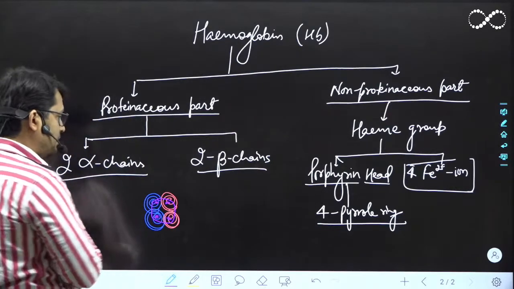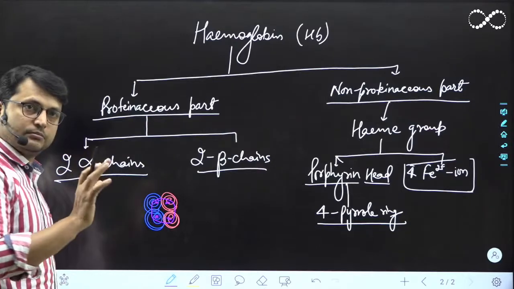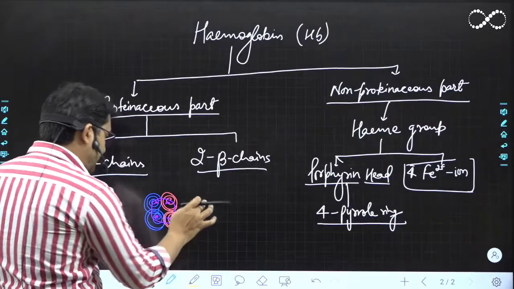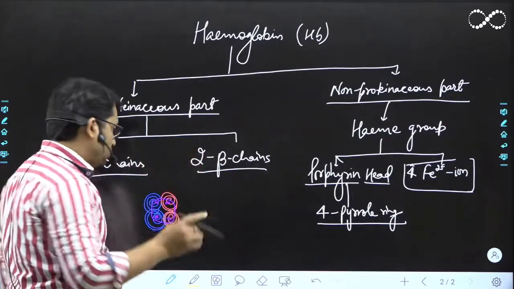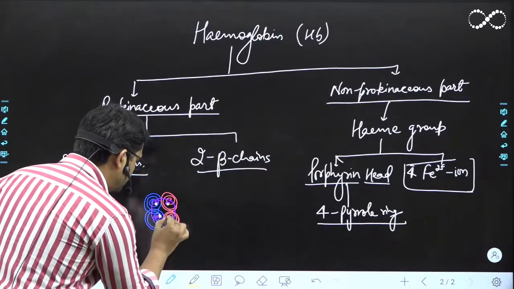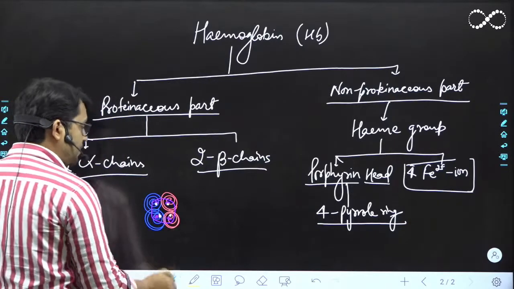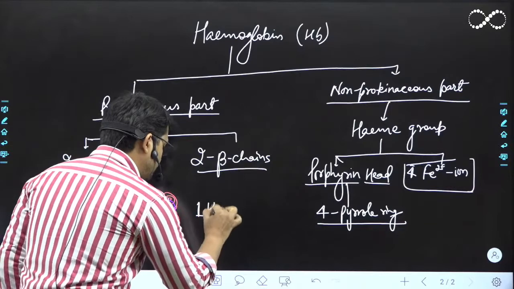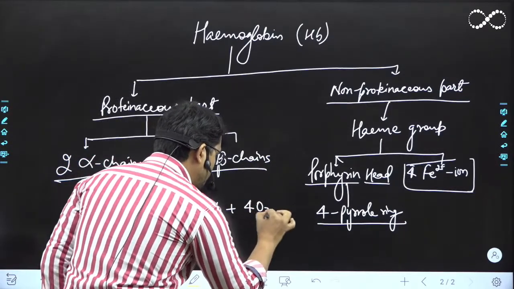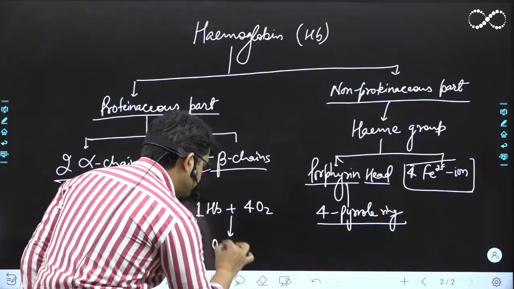समझ में आ रहा है? So this is how a hemoglobin looks like. This is a simple depiction. Now let me tell you that every iron can bind with one oxygen. So there is one O2, second O2, third O2, and fourth O2. Got it? So one hemoglobin can bind with 4 O2 molecules to form